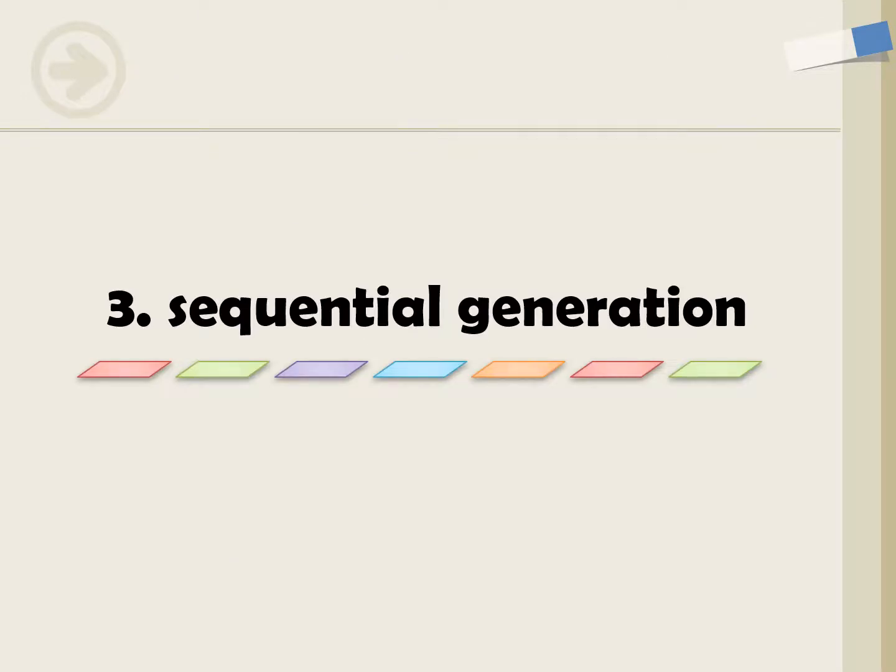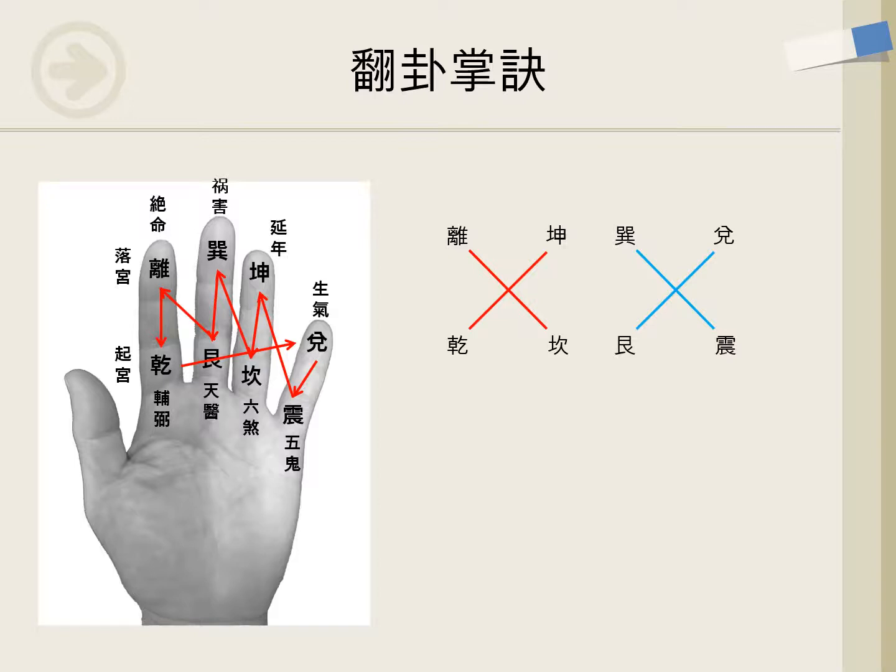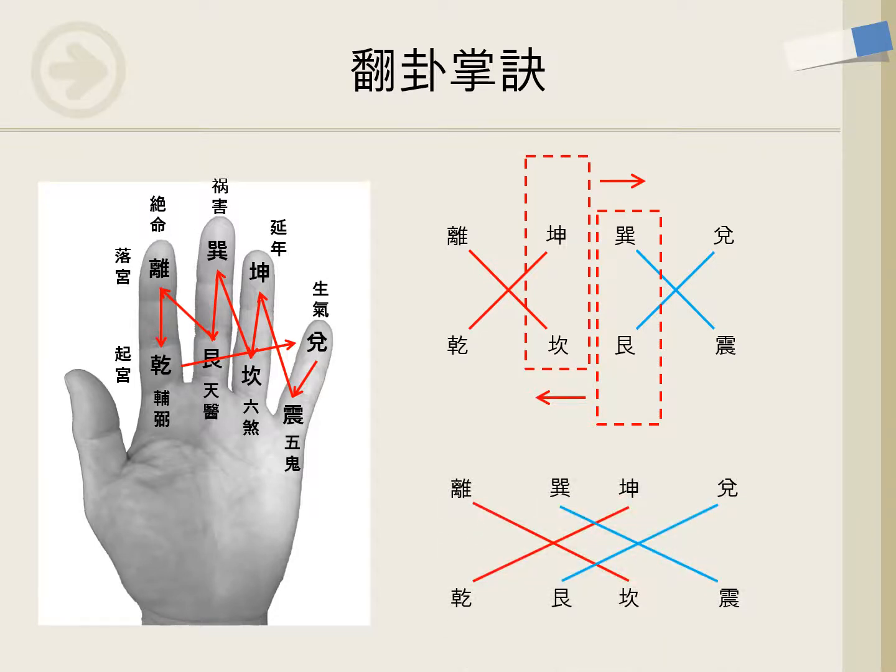Sequential generation. I don't know how to translate 번개장결 to English. Anyway, it's a sequential generation process. In this case, we can use sky and earth, and it is possible to add one more axis to the developmental system. I found that the process can be thought of like this. They are the symmetric axes in the early heaven bagua. We can drag these parts and make them cross. Then we can get the same configuration like this.